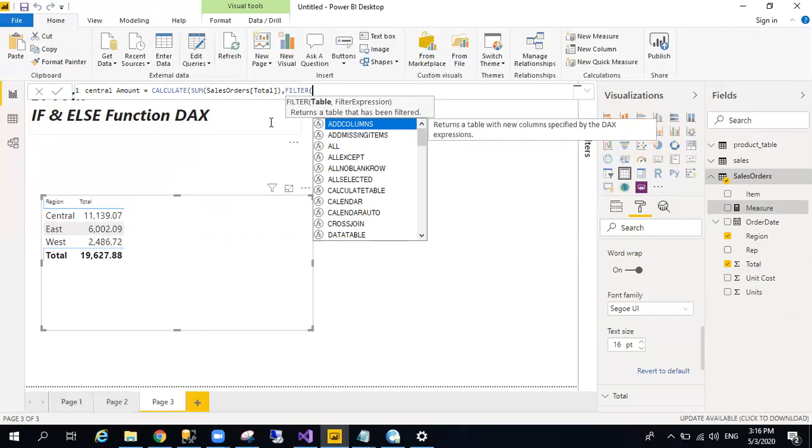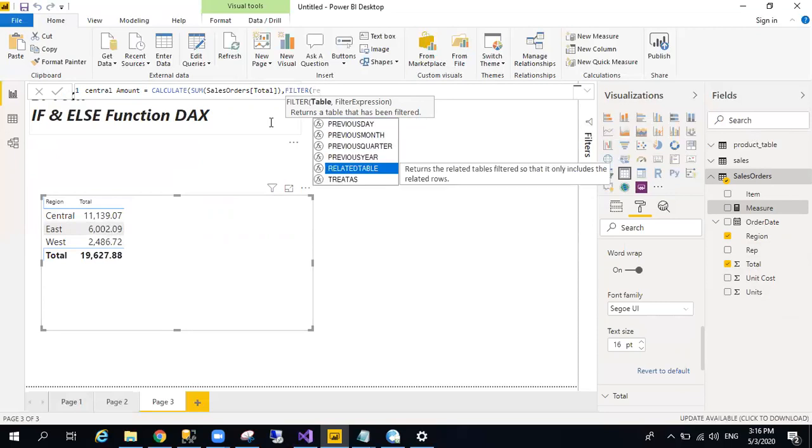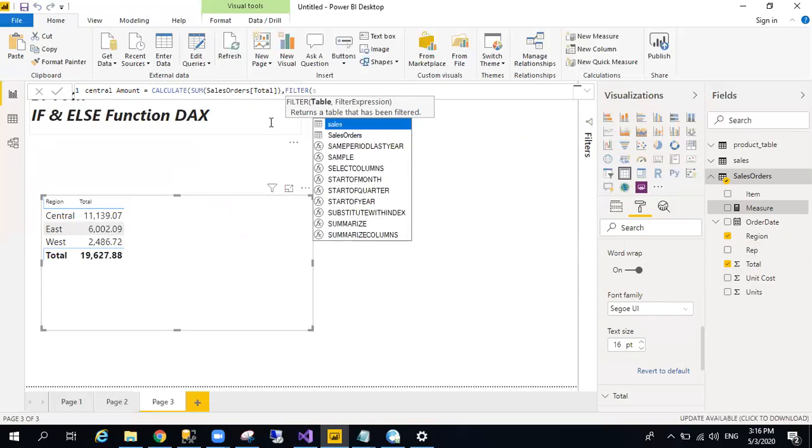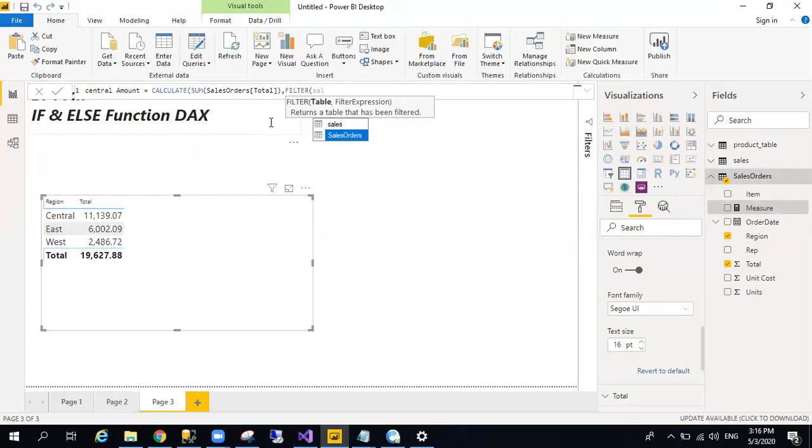Now, the table name is sales order. Then I have to provide the column name. My column name is region. Okay, now filter central.